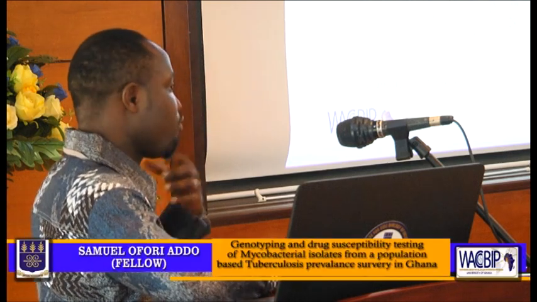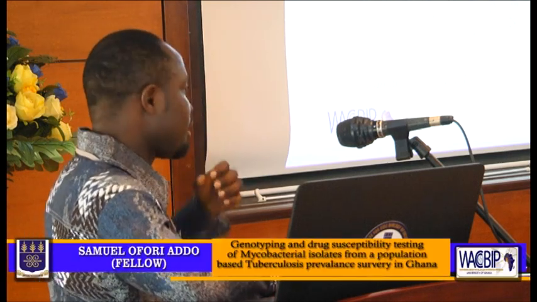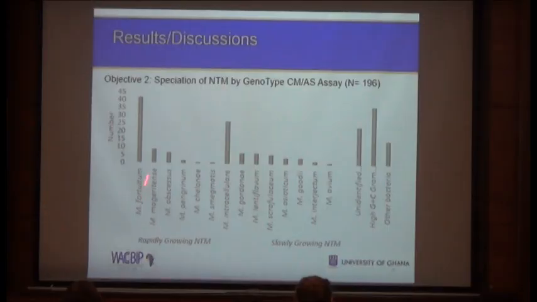These were from sputum samples that are coughed out through the mouth. So it's possible that through the drinking and other things that we take in could be the reason why we had a lot of the M. fortuitum isolated and also the M. intracellulare. However, the kit couldn't identify some of the samples to the species level.